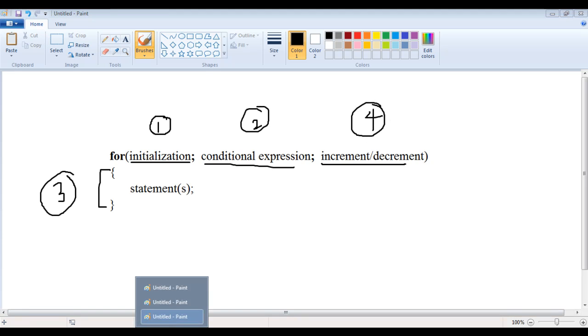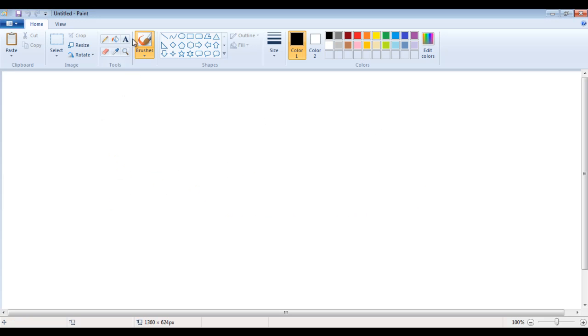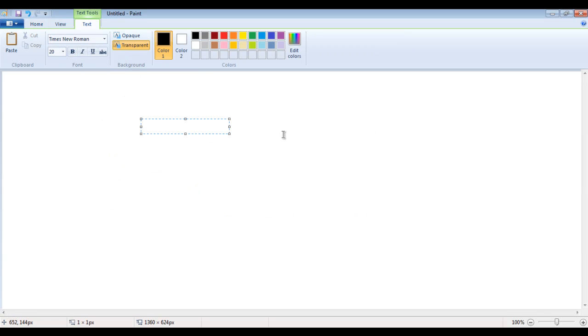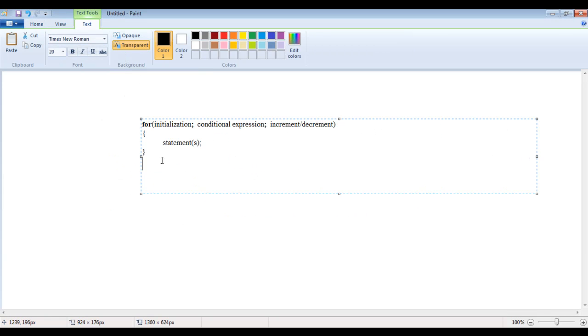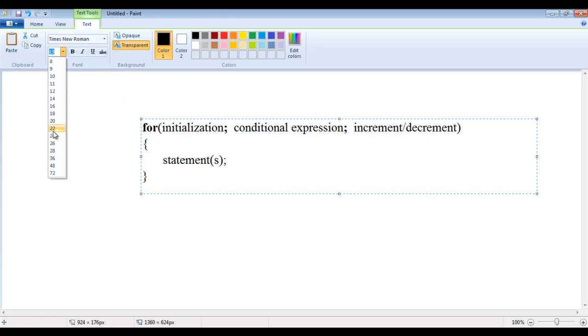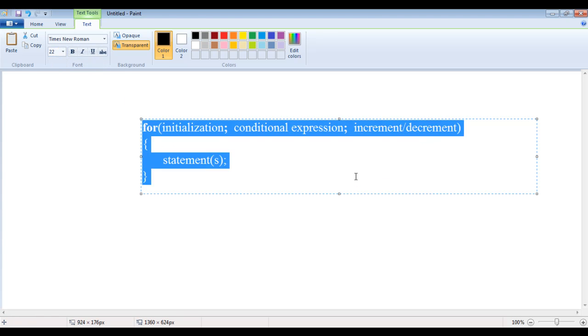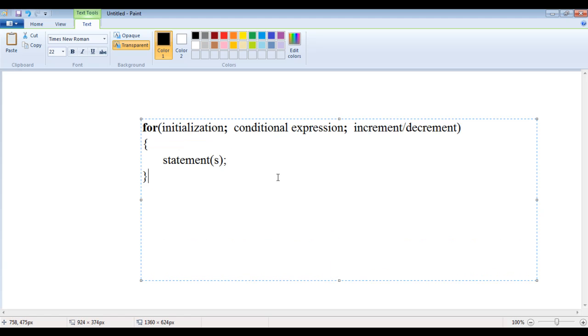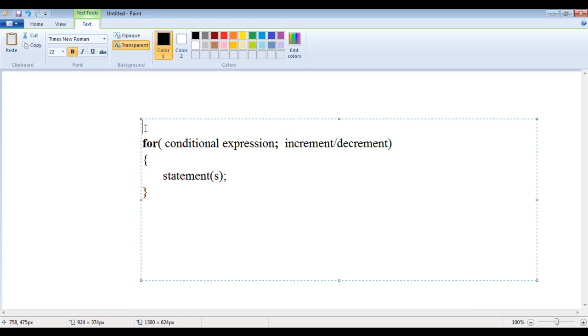Now what I do, I go to another MS Paint file. I paste again the same for loop. I'm going to select this content and increase the size to 22. And how do you convert a for loop to a while loop? It's quite simple. See this. I'm going to select this initialization statement, Control X, put it before the loop, Control V, and I change the for to while, and I just cut this increment statement from here.